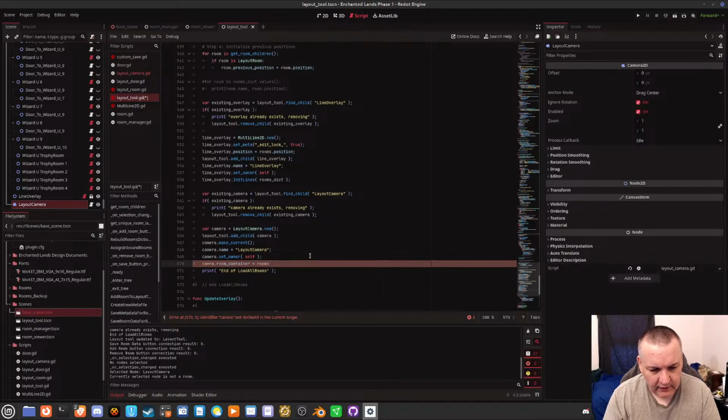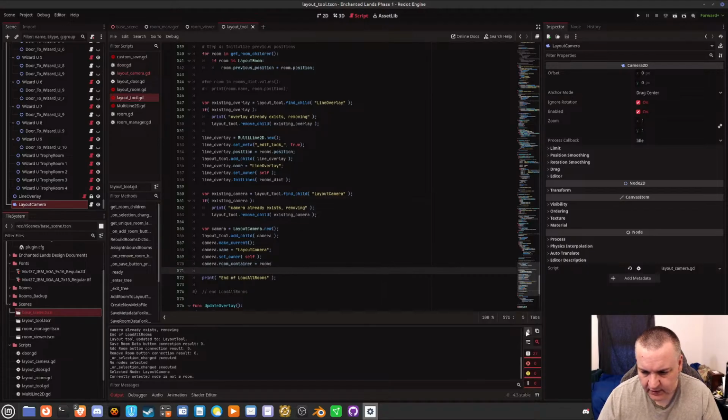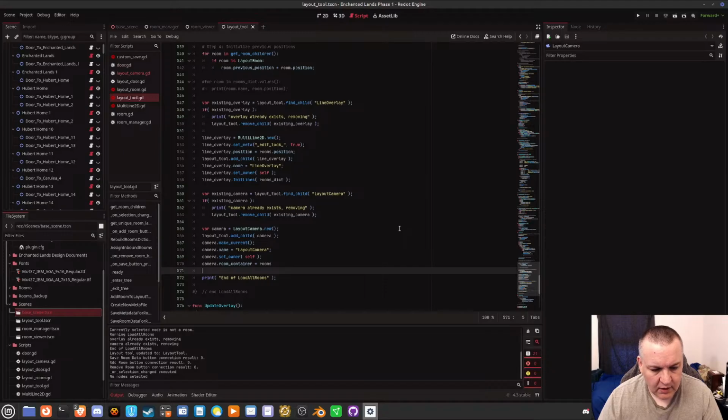Can I get a Camera? Okay, I think this will be okay. So what I'm going to do is go ahead and reload save scene. No errors. Okay, good.